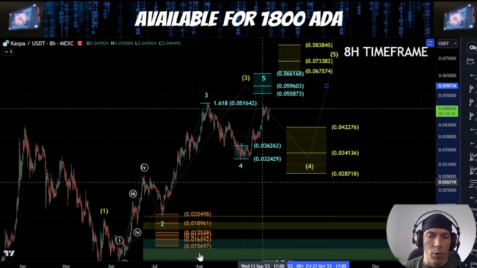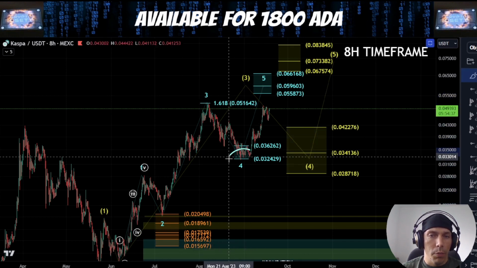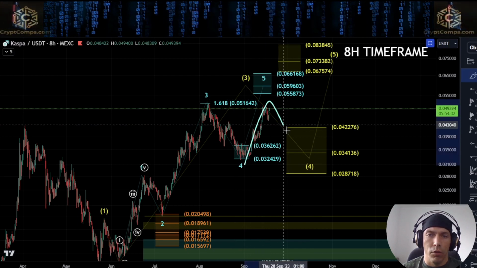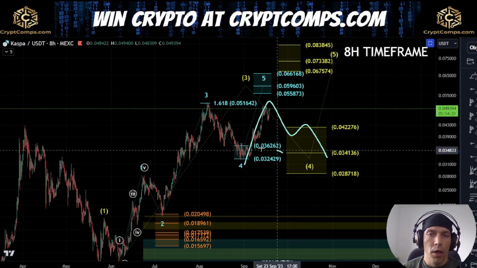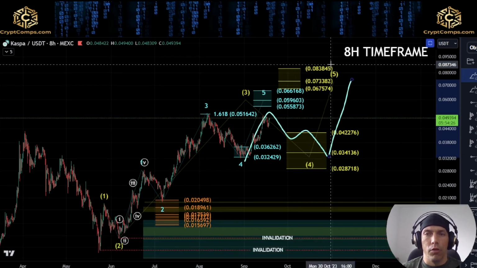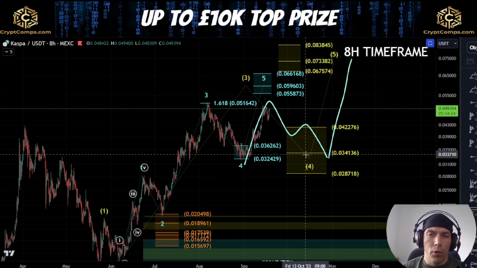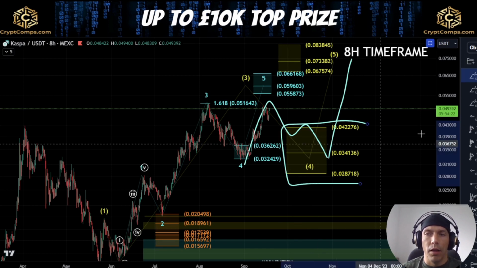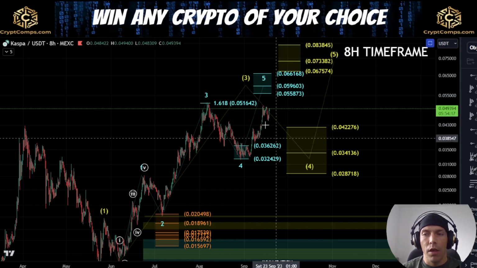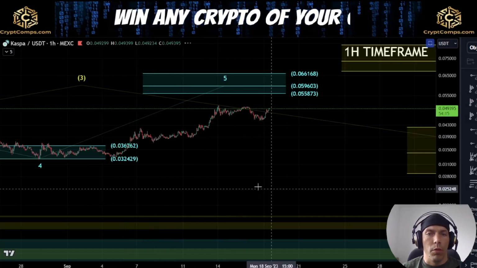The idea here, though, I would still be looking for would be a potential interaction with this fourth wave again. So if we do see this move starting to turn around in a bigger 3-wave structure, I'm going to be keeping an eye on this low one more time here in case we do have this additional yellow fifth wave. If we do hold this yellow support box, we can look for that possibility of seeing a rally to the upside. Now we're going to come into the internals of this and discuss what we think is going on.